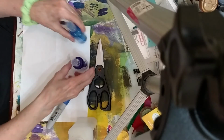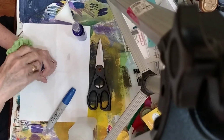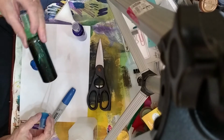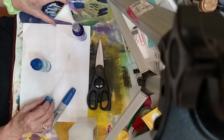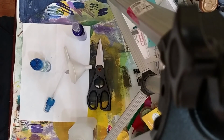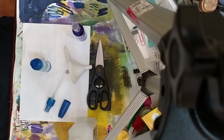This one, the blue, the other one, I call it teal. I put it in this green bottle, but it's really a very beautiful teal. That marker was truly out of ink. And, oh, I don't want to put any more. I want to do this. And so what I put in there was what I thought was a dry